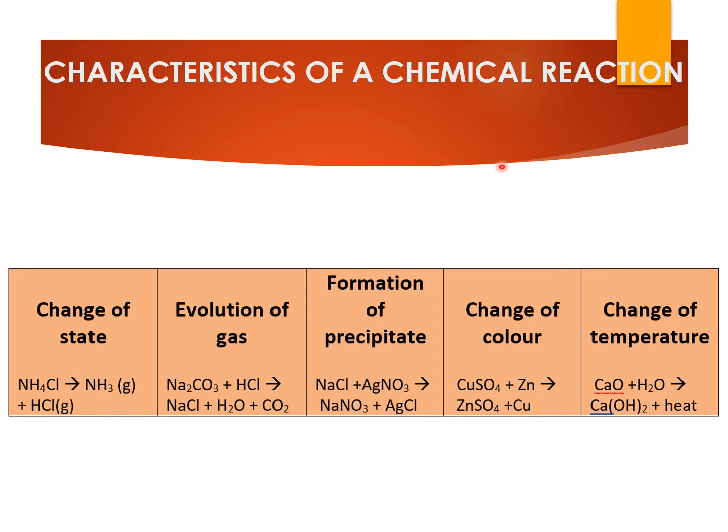Then sometimes we also observe a change in color of the substance. For example, if we take copper sulfate, which is blue in color, and put zinc granules or zinc powder in the copper sulfate containing test tube, suddenly on its own the color of copper sulfate changes to colorless. The blue color changes to colorless. So that certainly is a hint or a proof that yes, a chemical change has certainly taken place.